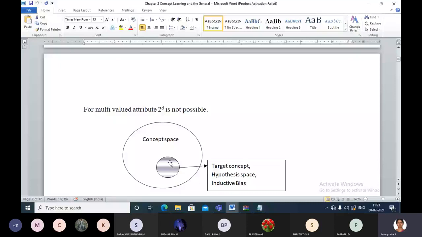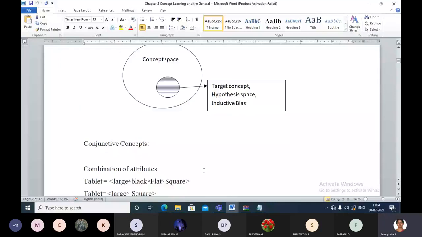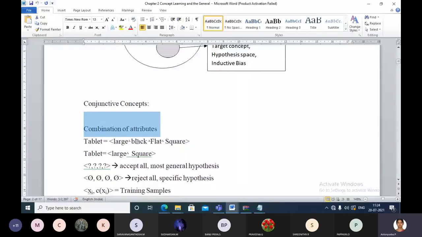So you are focusing on only a specific region of that, and this specific region is said to be the inductive bias, or this is called the hypothesis space, or otherwise the target concept. Okay, right. You can also use conjunctions, for example large and black and flat and square, then it is a tablet. And out of these 4 attributes, the important ones are large and the shape square. Okay, if it is square, it is a tablet. If it is rectangle, it is a smartphone. So these two are more than enough to